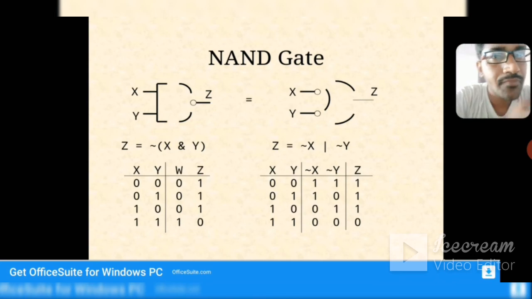Here we have 2 inputs. The AND gate gives us x multiplied by y, and the NAND gate gives us xy bar, the complement of xy. According to De Morgan's law, we can represent the same thing as x bar plus y bar. Similarly, the OR gate gives us x plus y, and the bar of x plus y gives us x bar into y bar.